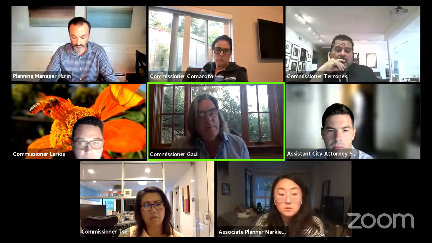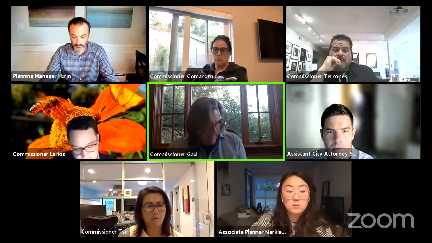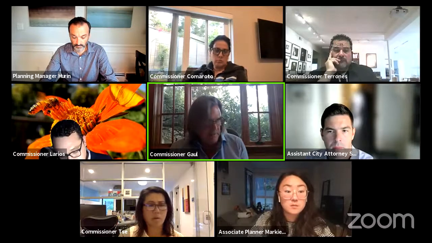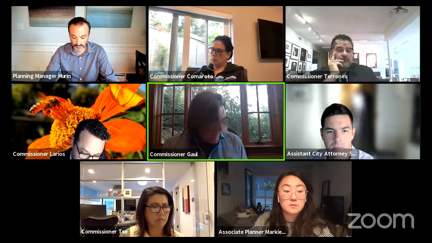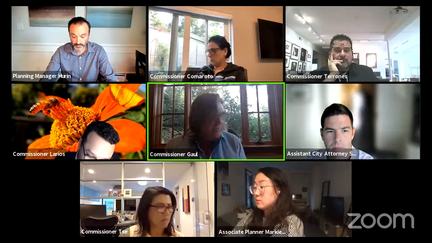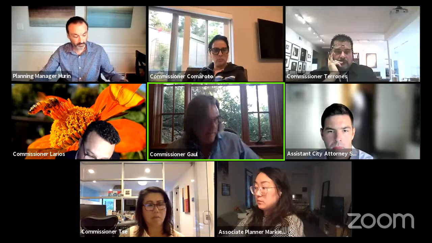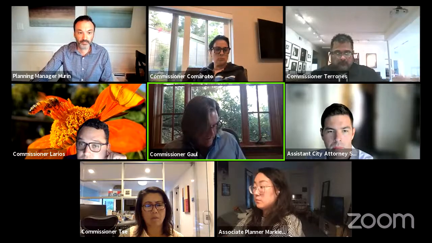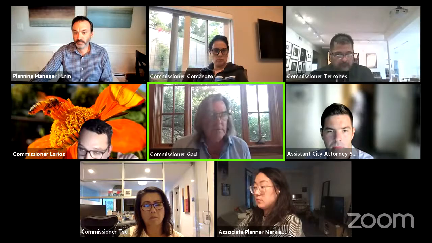So I'm having trouble with the mass. I'm having trouble with the view blockage. I'm having trouble with the declining height envelope. I think that the applicant could easily bring the height of the building down by simply lowering the plate heights on all 3 floors. I understand that the power pole is there, but there is also a possibility of doing a separate, detached ADU that would not be part of the structure. So you might be able to get away with something a little bit further down the hill. So those are my comments, and I'll leave it at that for now.